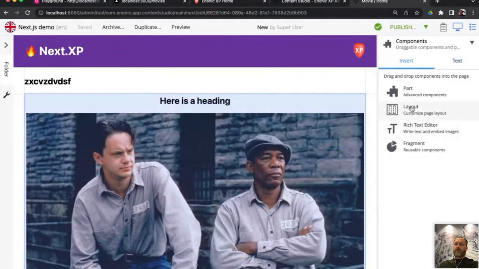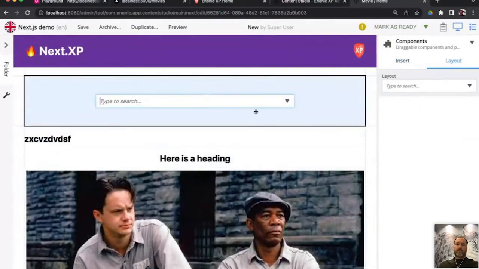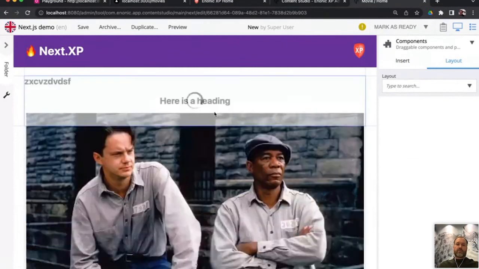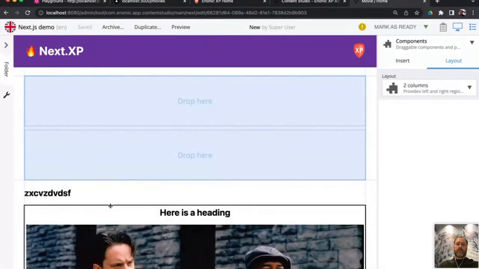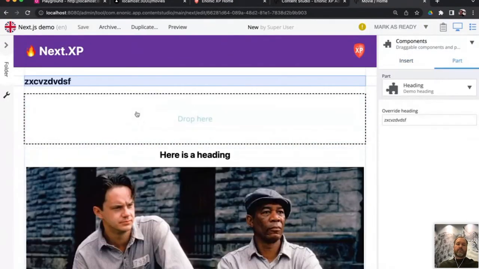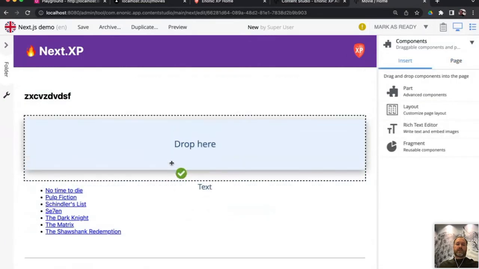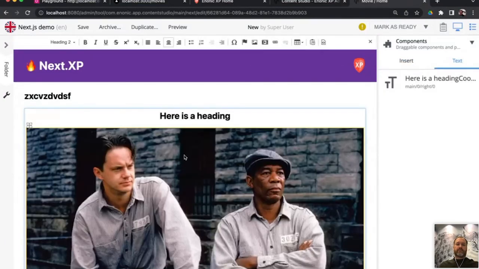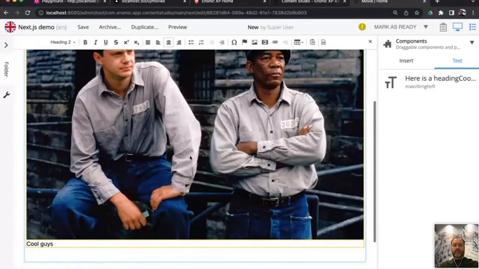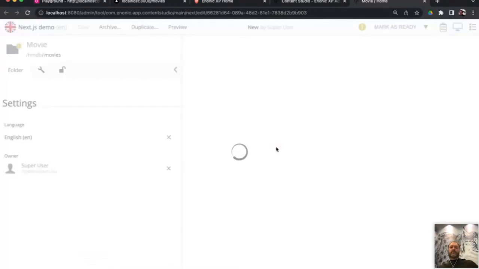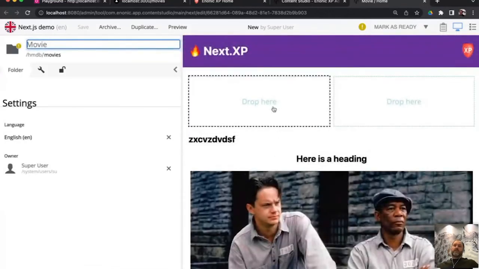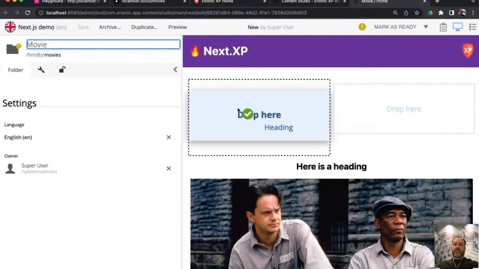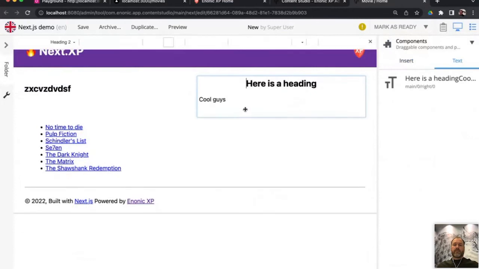I can try to insert the layout then. 2 columns. And yeah, I guess that's what you said. I have an older version, Pavel. Just refresh. Yeah, right. That's why the columns didn't come in. There, it's better. So now we can drop stuff